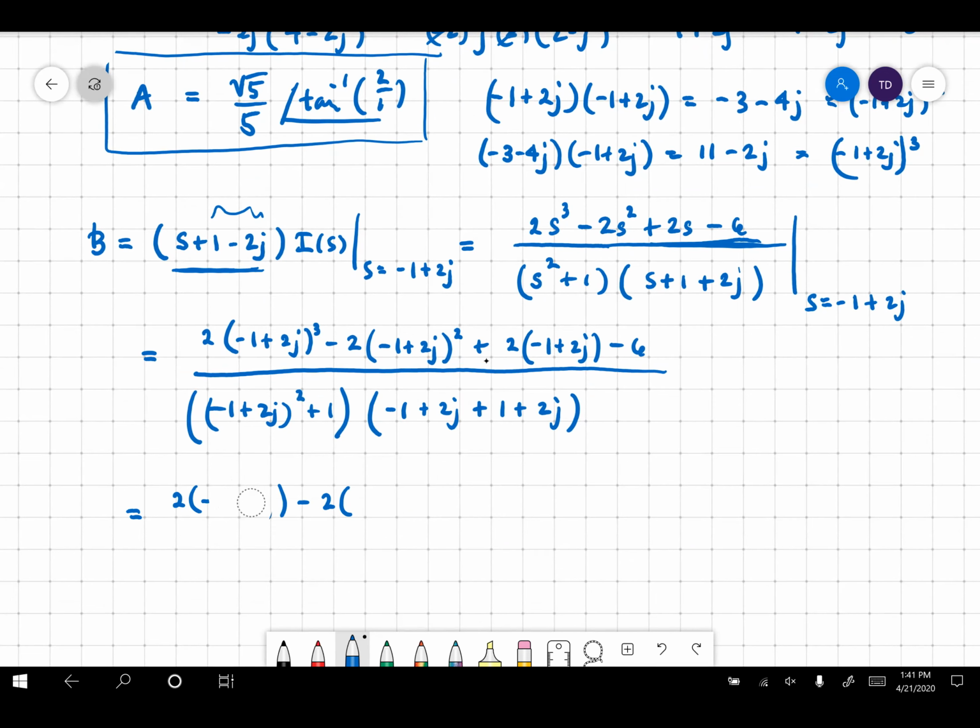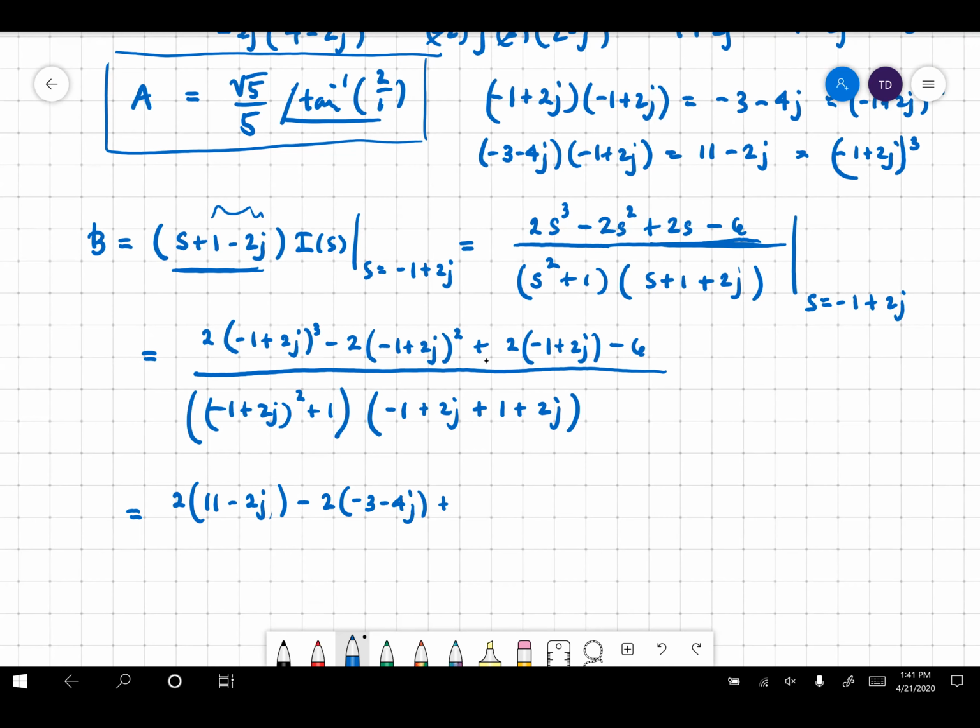That's cubed. So if it's cubed, it's 11 minus 2j. The second one is not cubed. The second one is squared. So it's minus 2 times minus 3 minus 4j